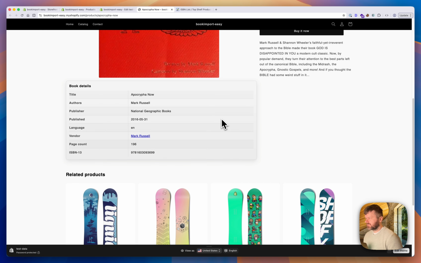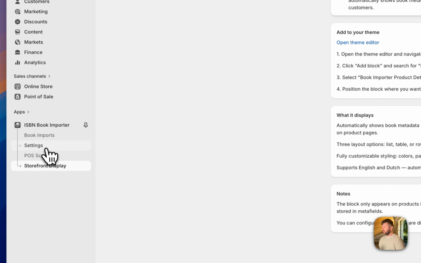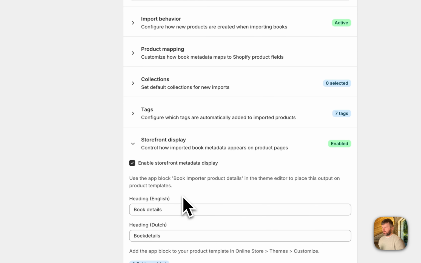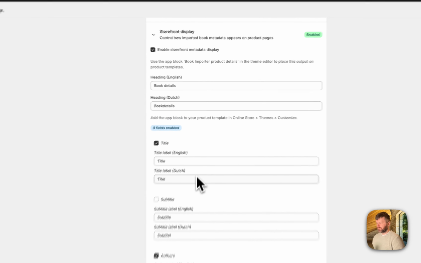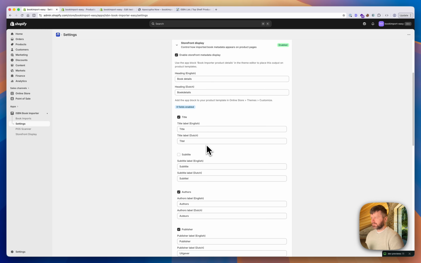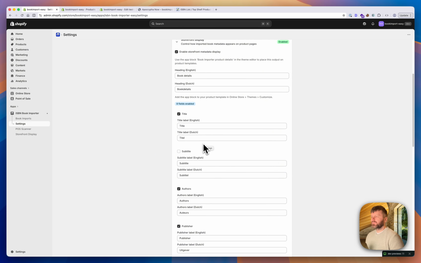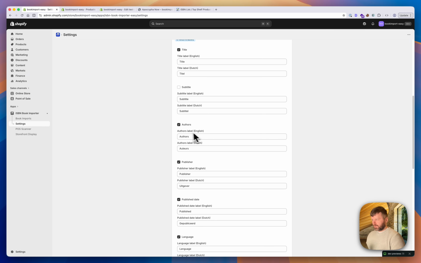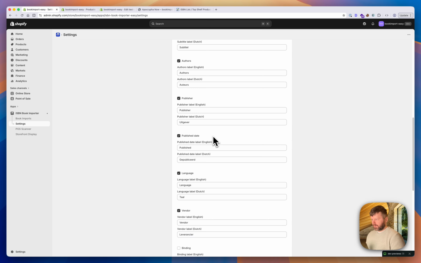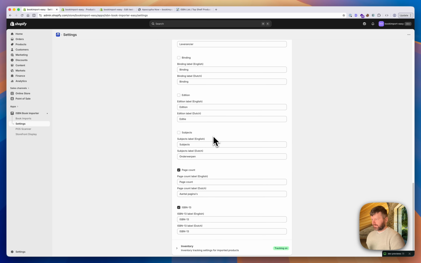You can style it however you like, and there's also a few settings available. Storefront display, where you can see how it looks, and you can also translate it, so it will have a different title into different languages if you have a multi-language store. You can also disable and enable fields if you don't want to show them in your storefronts. Alright,